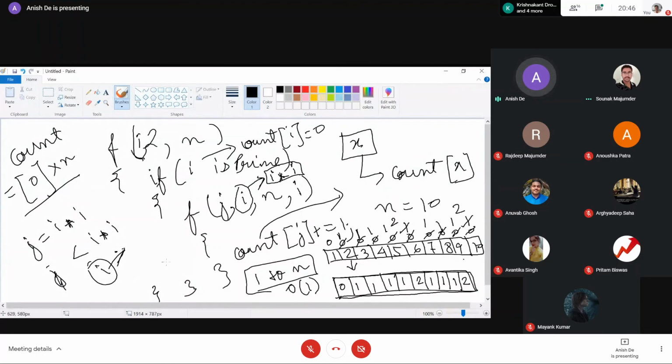And another thing, to find the smallest prime factor, you can run the loop from i into i, because we don't need to check the numbers before i into i. But in the count of prime factors, you have to start from i. This is one of the most important aspects you have to be careful about in sieve: where you have to use i into i and where you have to start from i.